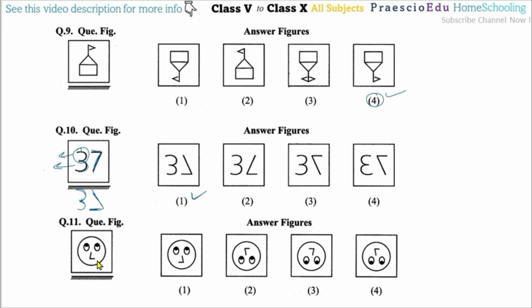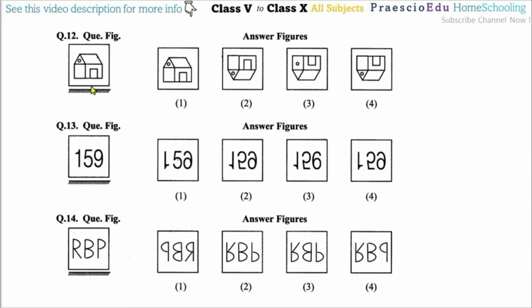Now question number 11, option number 4 is the correct one, if you keenly observe the eyes and the nose. Then question number 12, option number 4 is correct. Here also, if you observe the door and the small circle, you will get the correct option, because here these small circles are in this rectangle, actually this should be here, so that's why this is the incorrect one. And here the door is touching the roof,